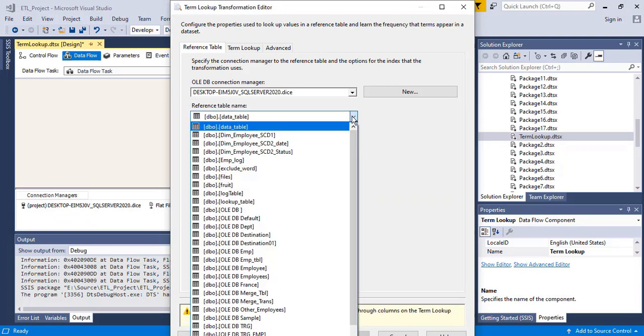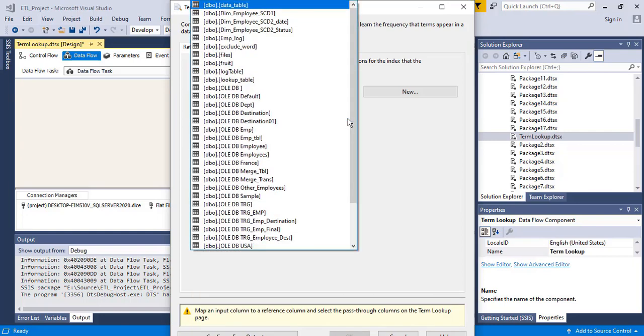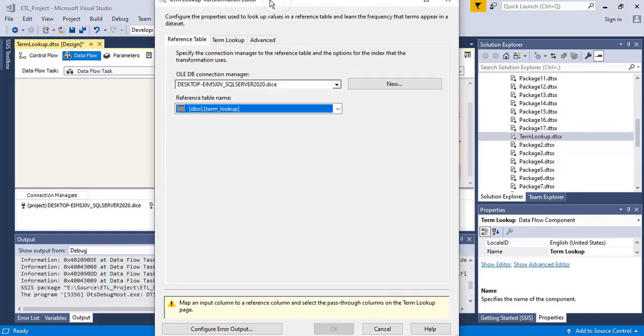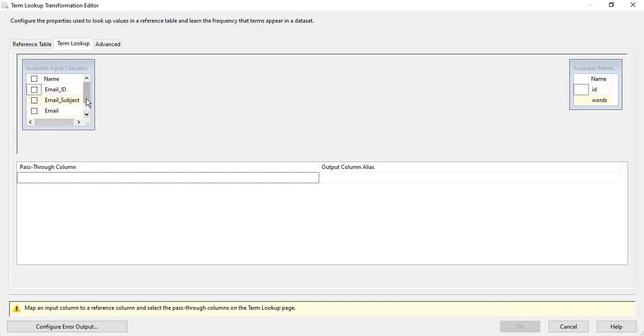So here I'm going to specify the term lookup table, which is my reference table. Term lookup. Okay, fine. Let me select this email and these words.